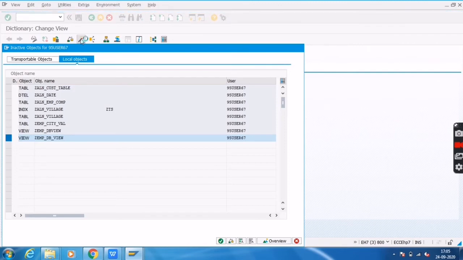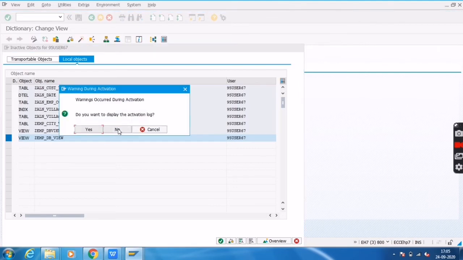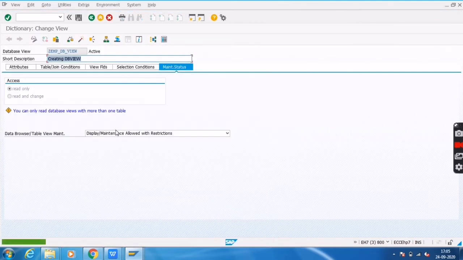Let me activate it. We are getting a warning. I'll leave that one. So it got activated.